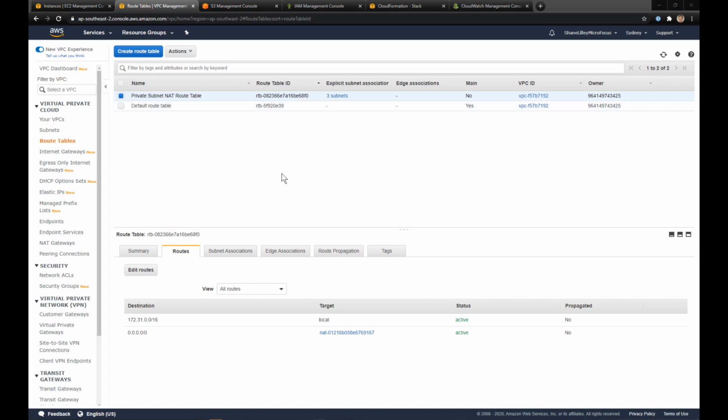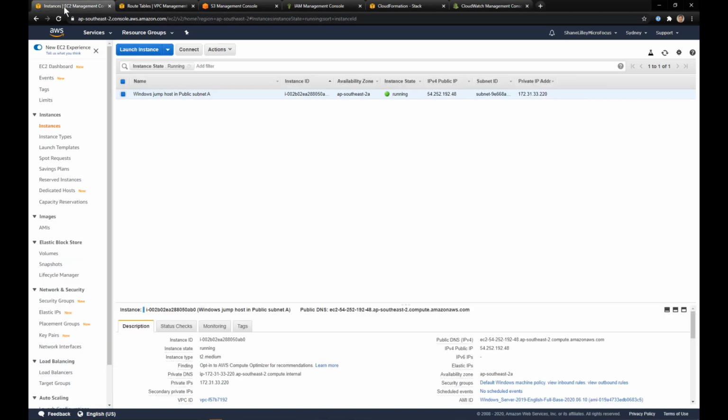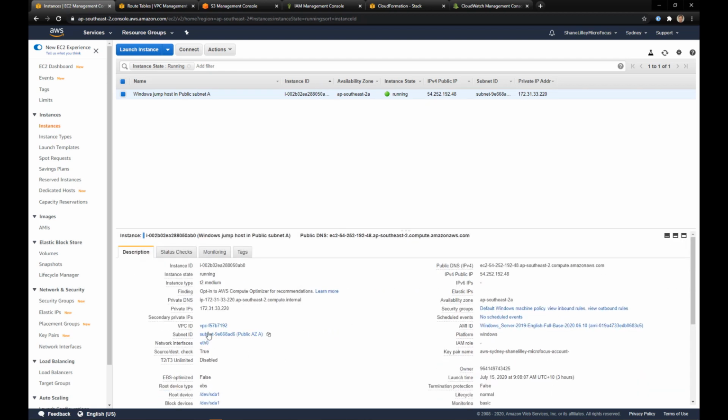Now, something that I like to do is to actually create a Windows jump host, and this is sort of cheating, making it easy for myself, but I've put it in the public subnet for now. You'll see there this Windows jump host is in this public subnet A, but obviously I can't get to those private machines. I need some sort of way of getting to them, so this is why I do it this way. And so what I need to do now is